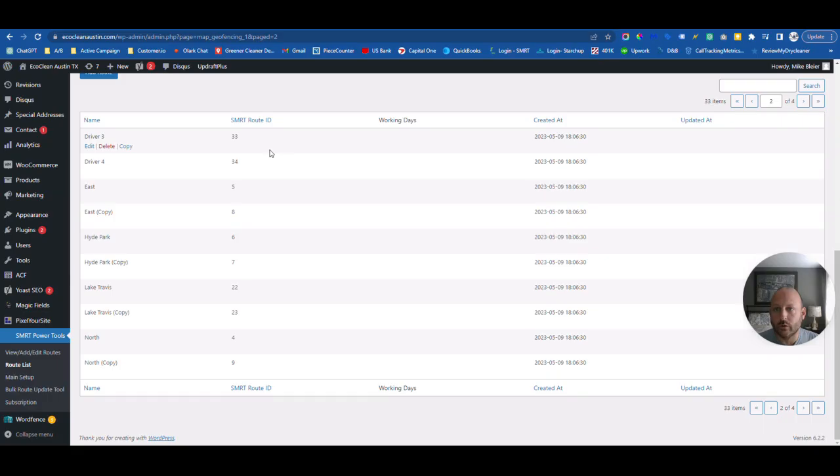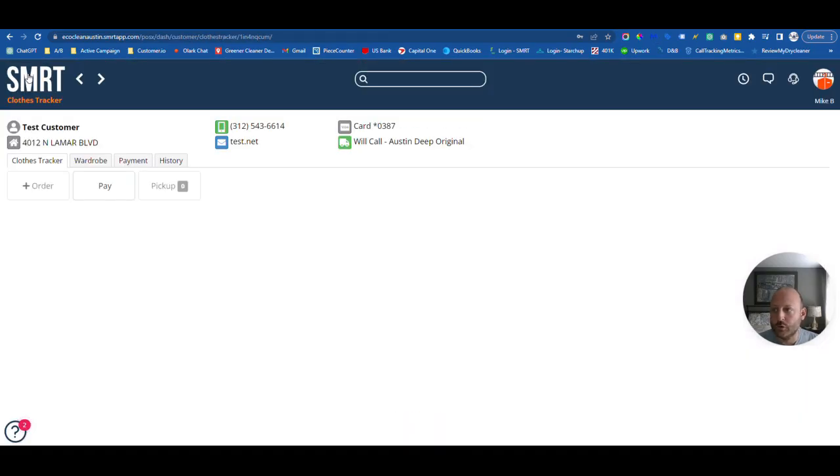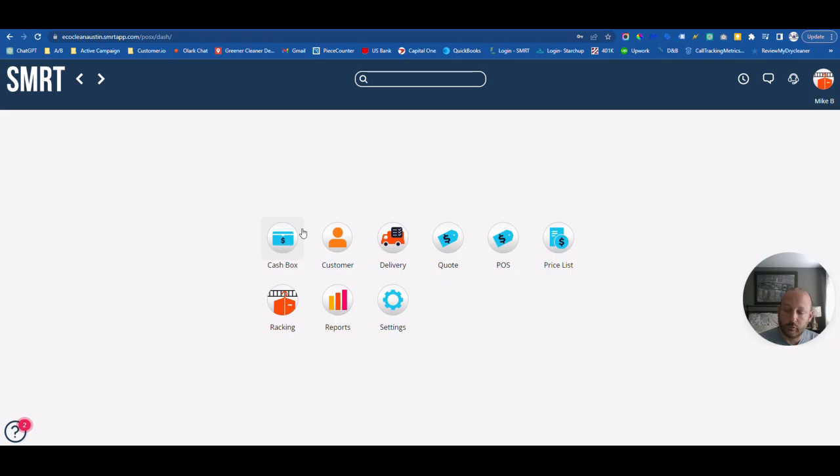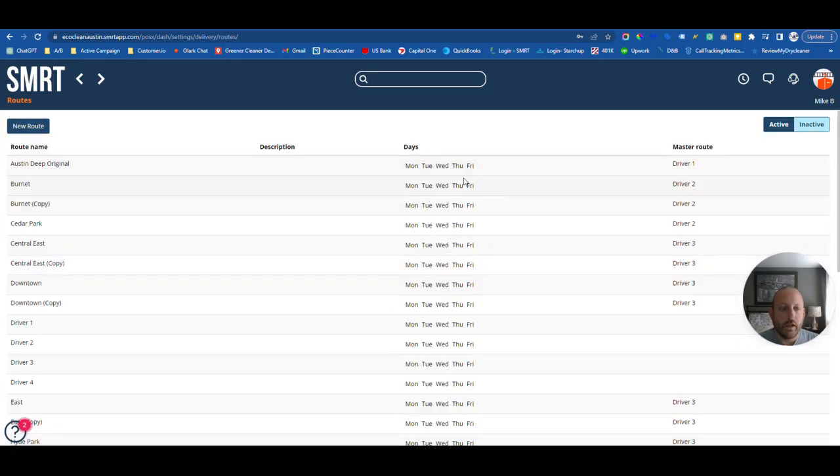Real quick, you're basically going to go to your Smart admin page. You're going to go to settings, then delivery, and then routes. If you add a route here, or if there's something that's not in, you would just go ahead and add your route in Smart,